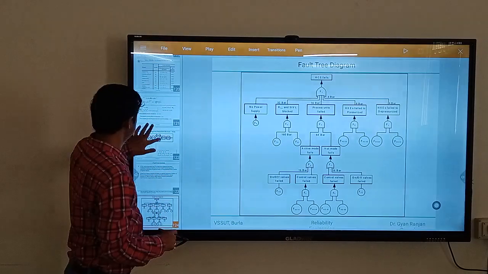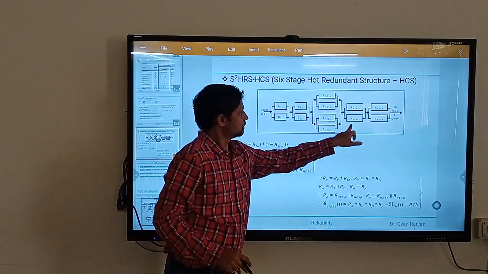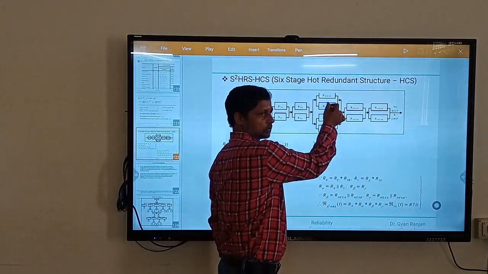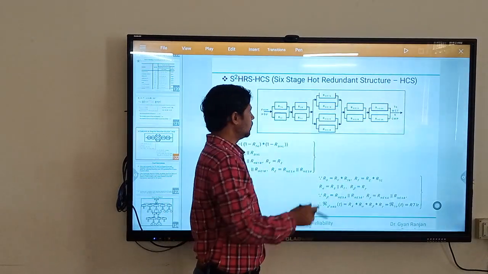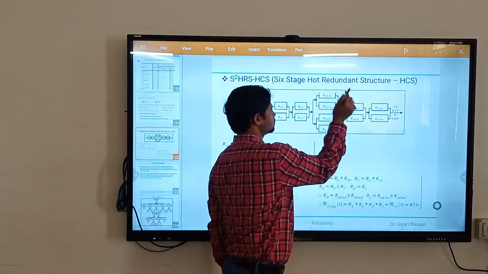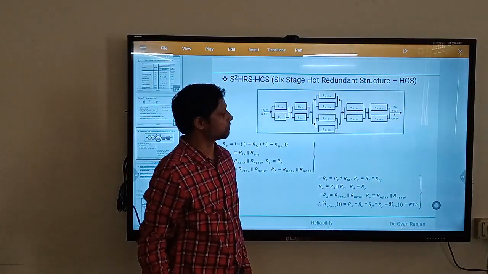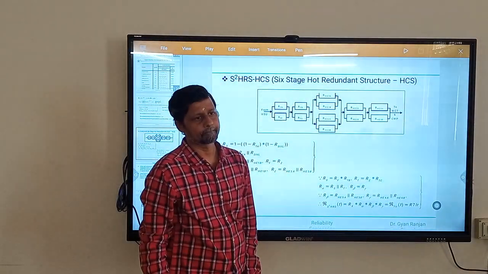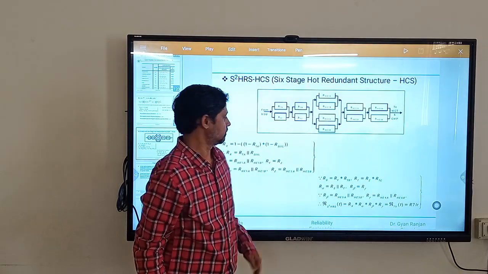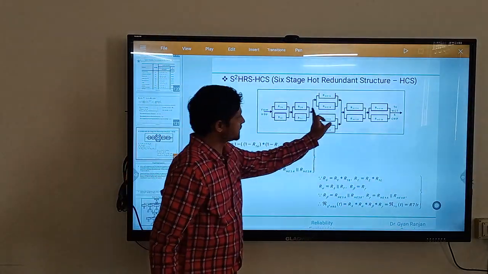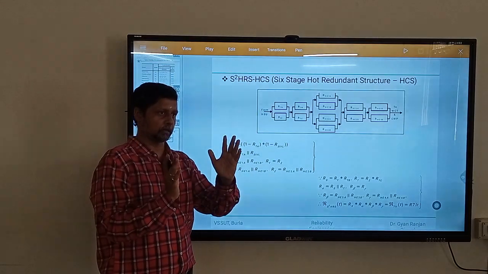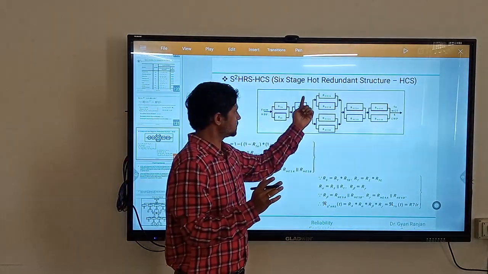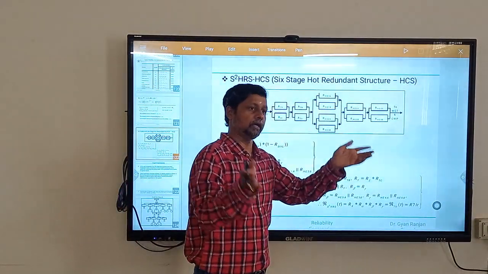Yes or no? This stage is in sequence to this, or series. What if this one has no problem, this one has no problem, but what if this stage will face some problem? Still it can choke my system. So because these are in sequence, what will I do in failure mode? I'll keep both in parallel. If this plus this fail together,